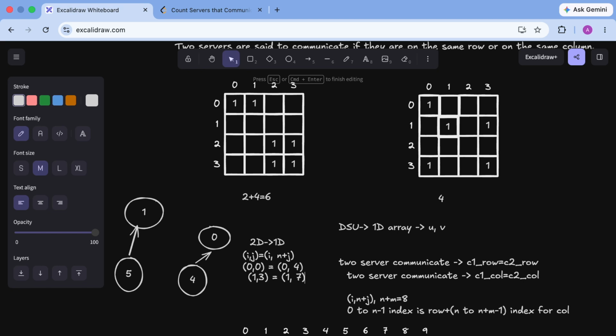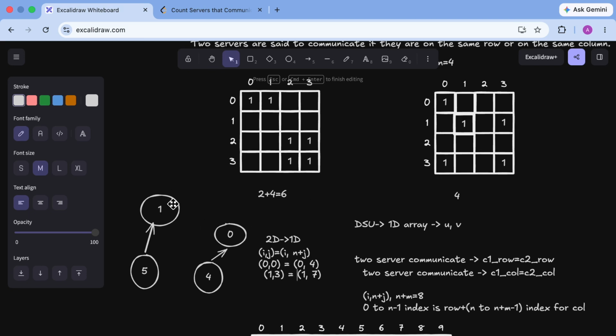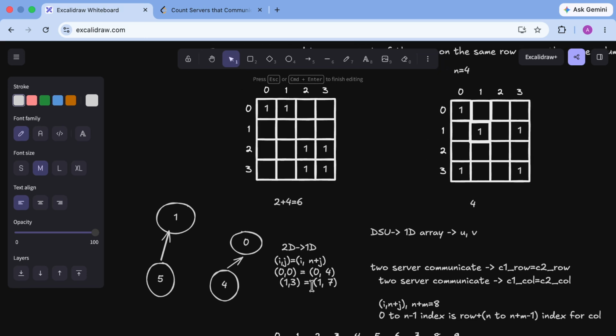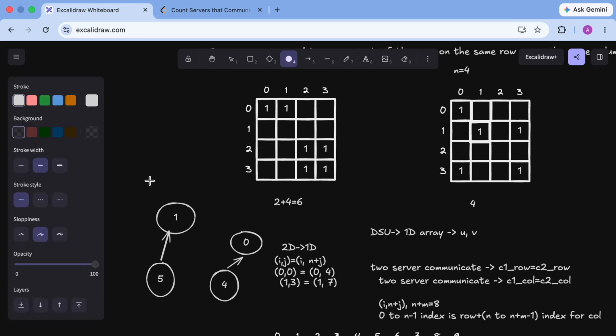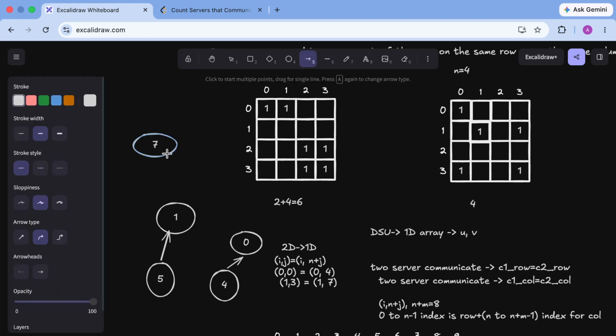If you connect these 2 points, if you remember finding the union of these 2 points, first we will find the parent of these two. The parent of 1 is itself, and 7 is not connected to anyone else, so it is initially pointing to itself, 7. So what I will do is connect it to the one which has a higher rank. Initially 7 has a lower rank, so attach it to 1. Okay, so 7 goes somewhere here, right? Let me just put it here,